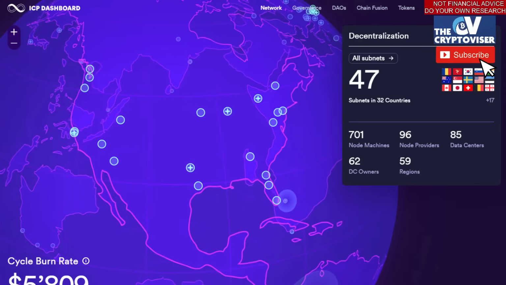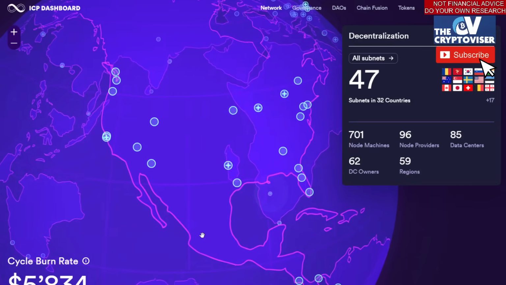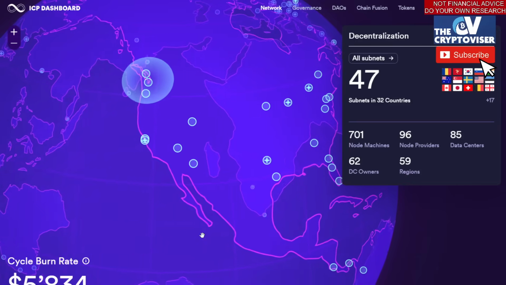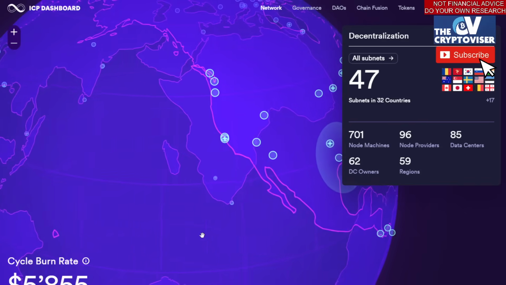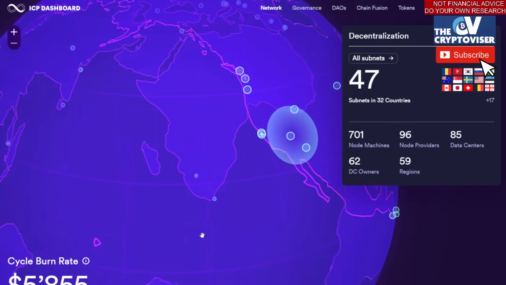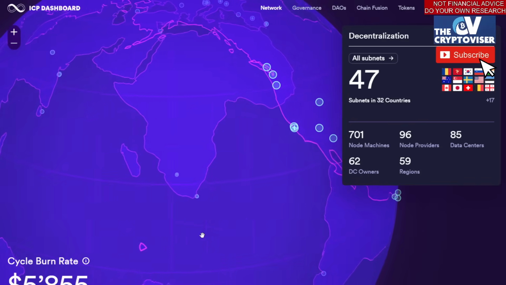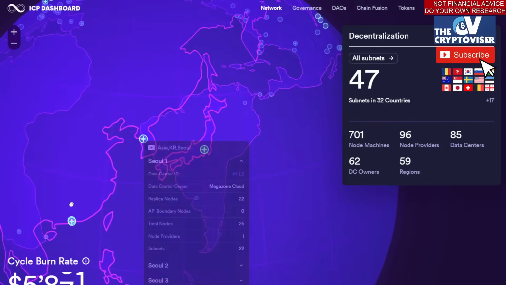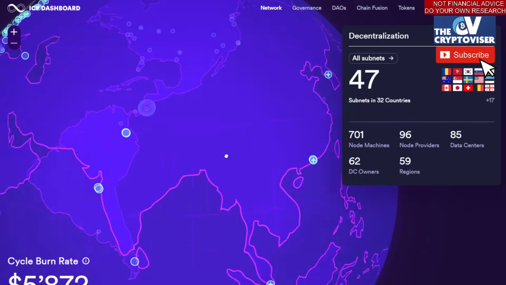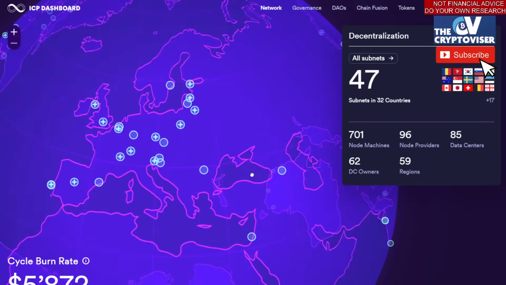Now, one of the issues with blockchain is the fact that you're using a decentralized internet, or decentralized node operations. The Internet Computer is trying to become what they call the world computer, right? And part of being the world computer is you have all these different servers or subnets or nodes that are running the network around the world. You can see that right here on the Internet Computer's dashboard. But the issue with this is that